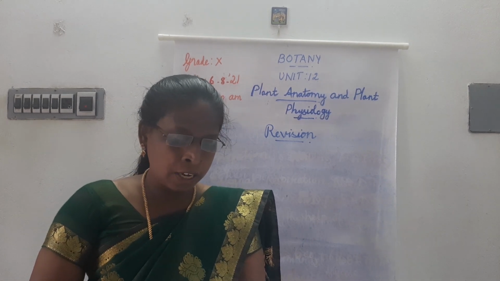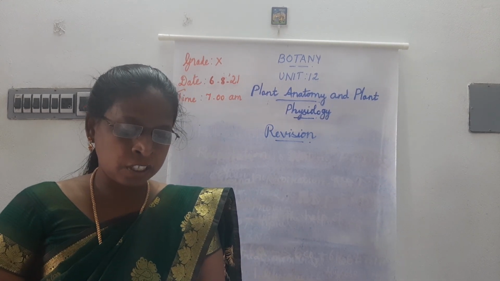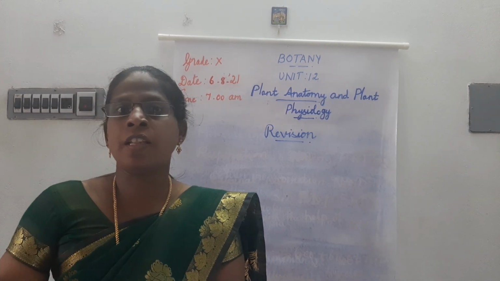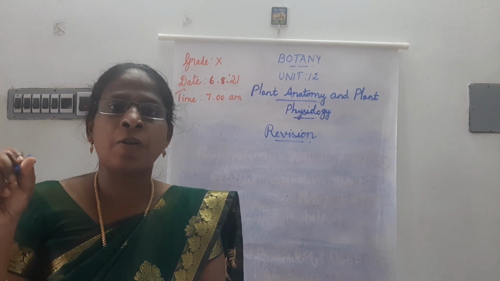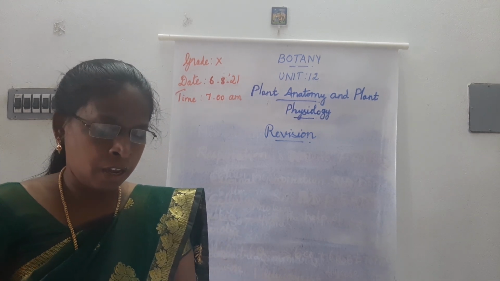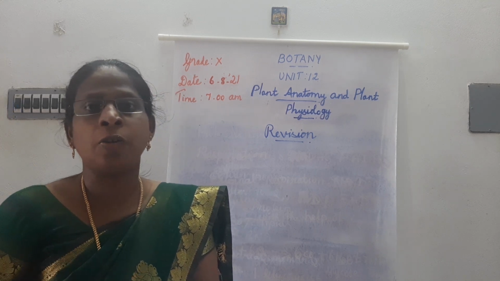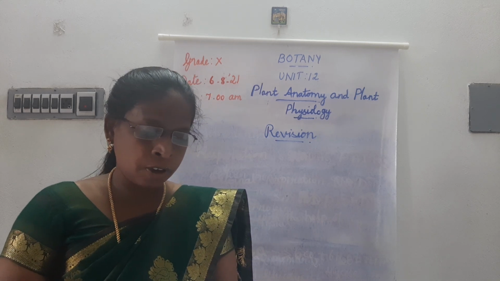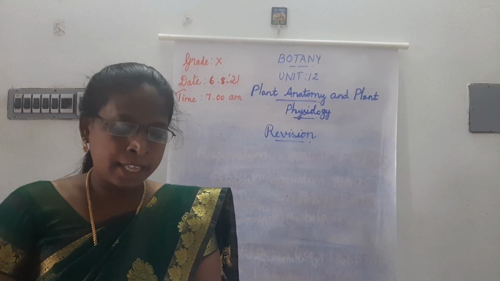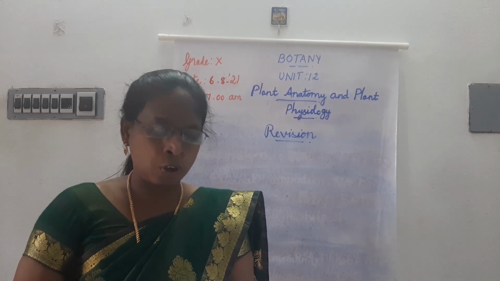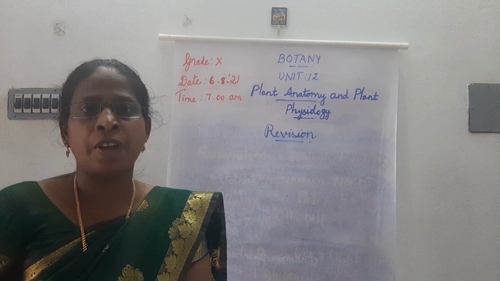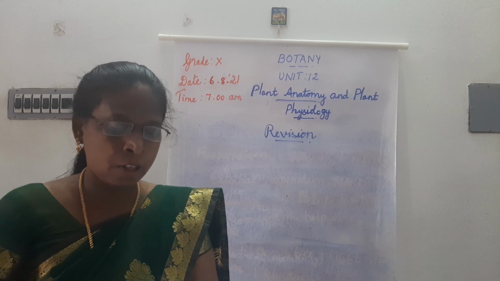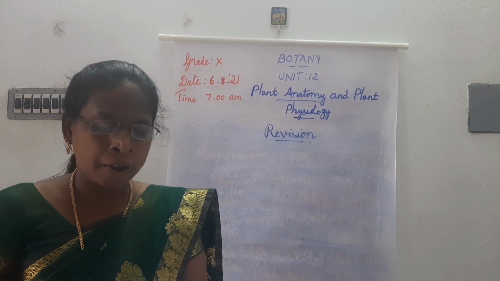The second question: where does the carbon that is used in photosynthesis come from? Mainly, carbon dioxide is present in the atmosphere, and plants absorb the carbon dioxide from the atmosphere. In that carbon dioxide the carbon molecule is present. So the answer is: the carbon that is used in photosynthesis comes from the atmosphere. The key point is atmosphere.